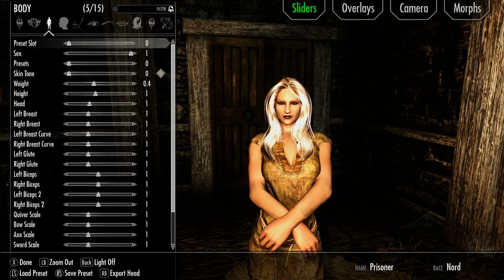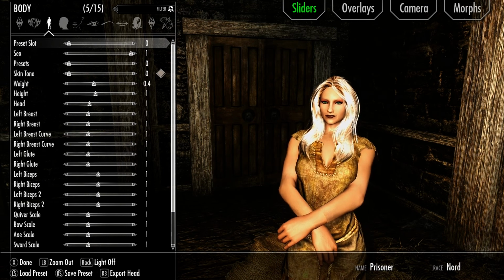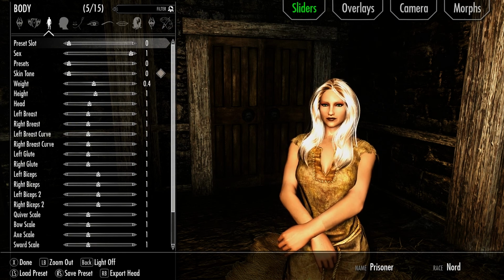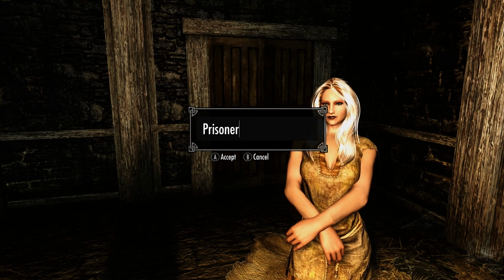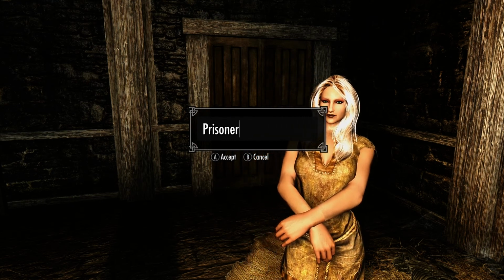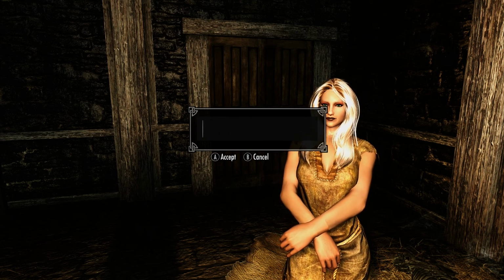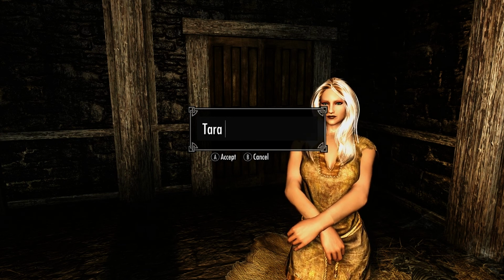So, let's just get right into it. Oh, as you could tell, I am not in the normal starting area, which I'll go into as soon as we name our character. So, let's see what we should name her. It's not going to be Prisoner, obviously. Let's give her a decent name. Let's see. Think. How about... She's an Imperial. So let's name her Tara...